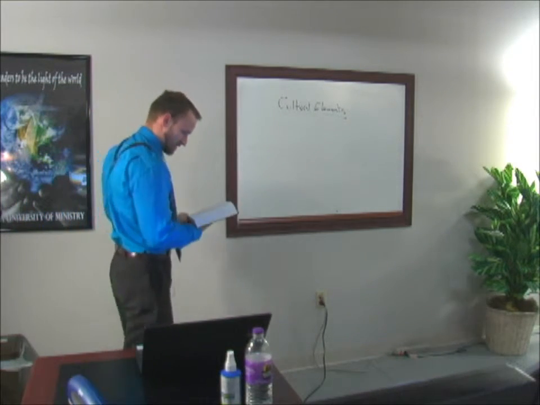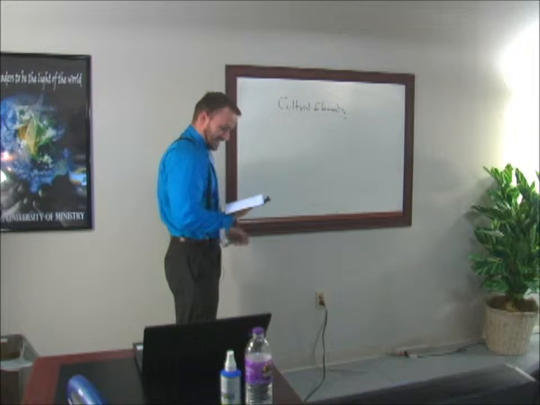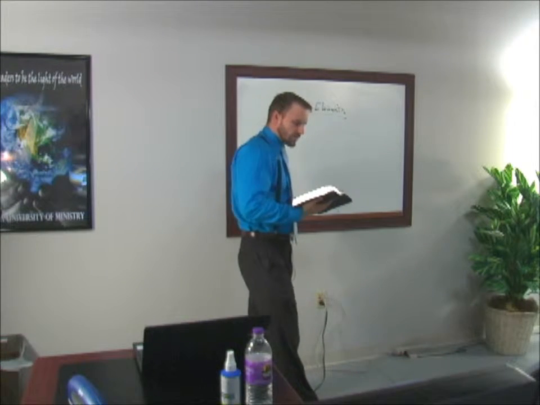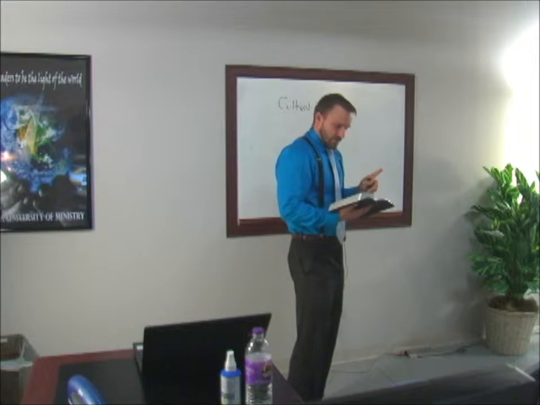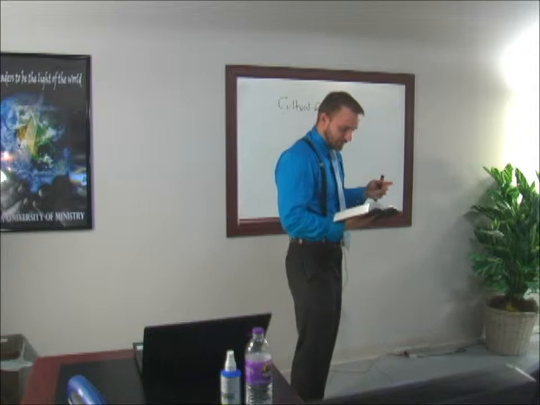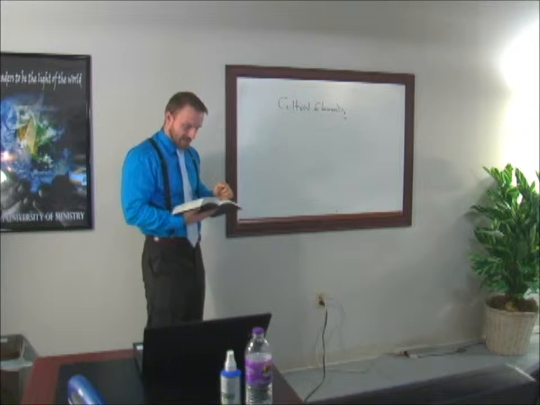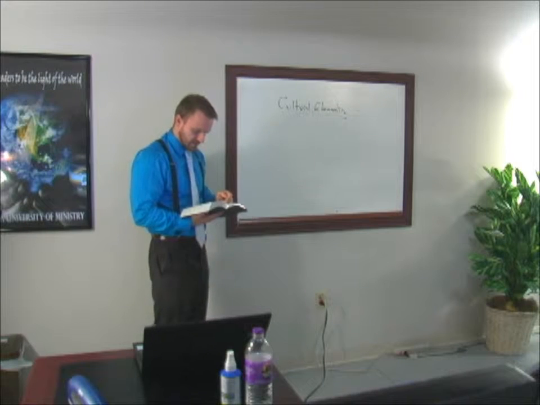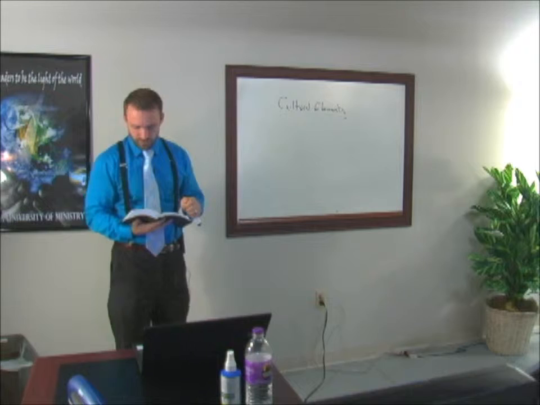So let's go to 1 Kings chapter 6. And this is an example of something that you could read right over really quick, and you wouldn't even think twice about it. So 1 Kings chapter 6, verse 1. This is the discussion of Solomon building the temple. It says, "In the 480th year after the people of Israel came out of the land of Egypt, in the 4th year of Solomon's reign over Israel, in the month of Ziv, which is the 2nd month, he began to build the house of the Lord."